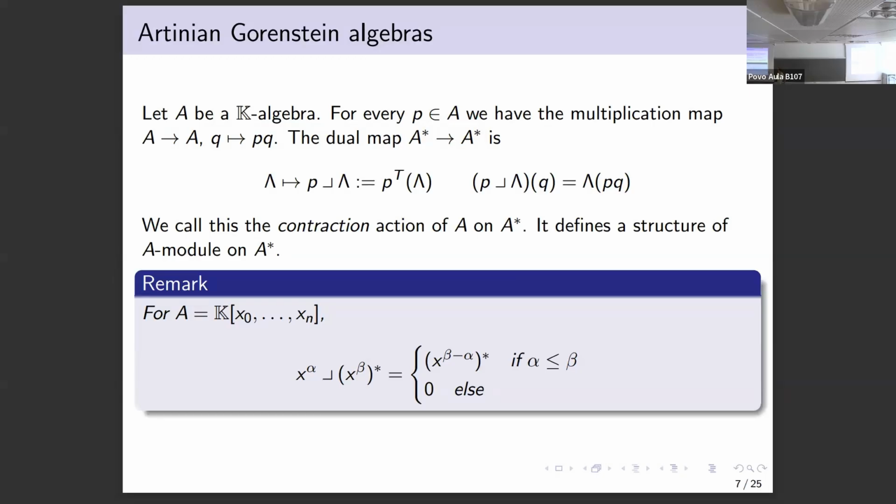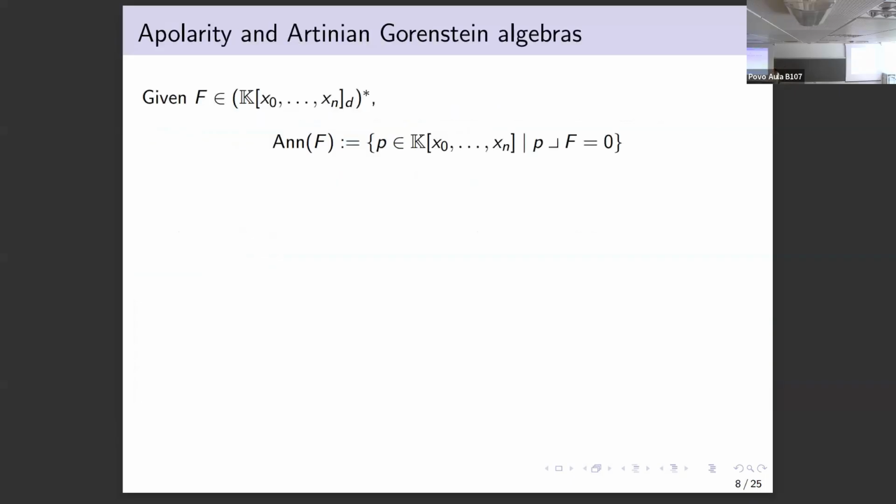And if we fix some basis, so the monomial basis and its dual, this can be seen as a scaled partial differentiation. Again, I think Daniele in his talk already showed this formula; this can be done by direct computation. And in this A-module structure, we are interested in the annihilator of an element. So, given a homogeneous polynomial f, it will be the set of polynomials that kill my f